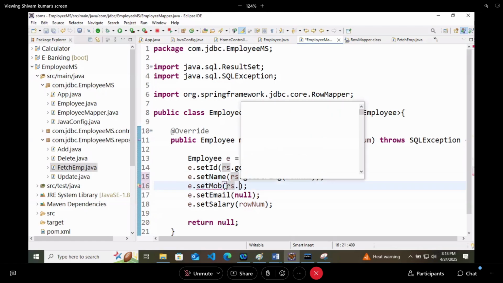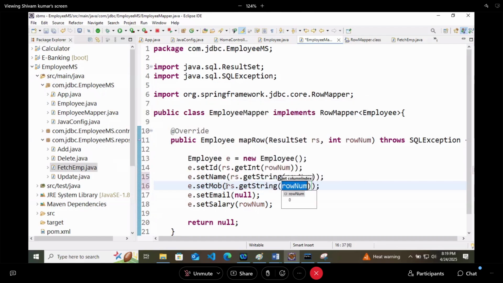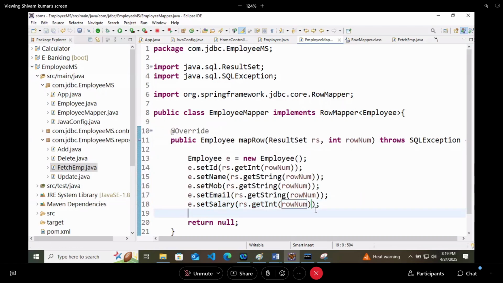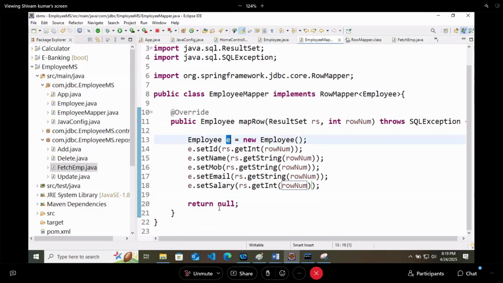Rs dot get string. For email also rs dot get string, and on salary again rs dot get int. And now return employee e.